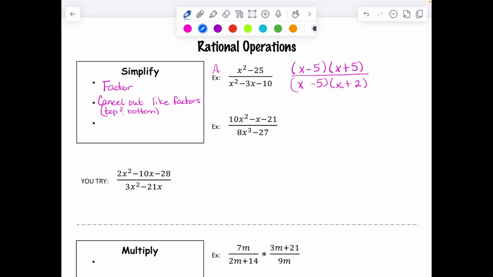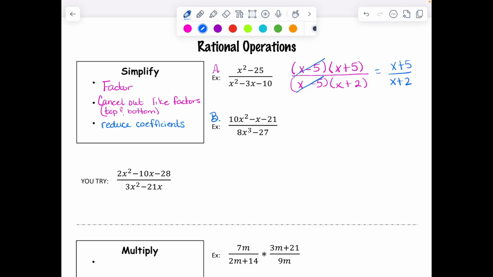All right, so here we have an x minus 5, and here we have an x minus 5. So what we have left is x plus 5 on top and x plus 2 on the bottom, and then we will reduce any coefficients if we have any. And this one we don't. So our answer in simplest form is x plus 5 over x plus 2. And now we've simplified. So if we look at our second example, example B,